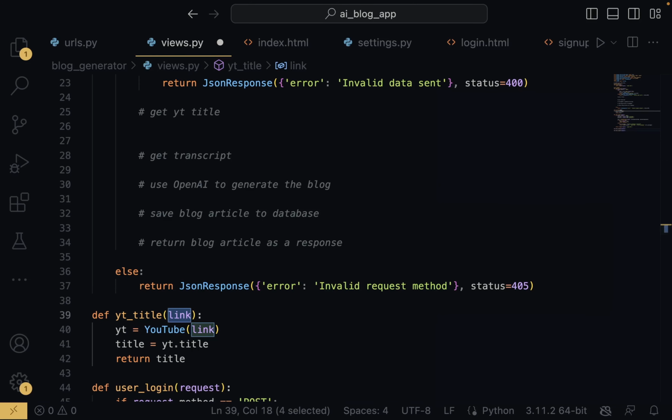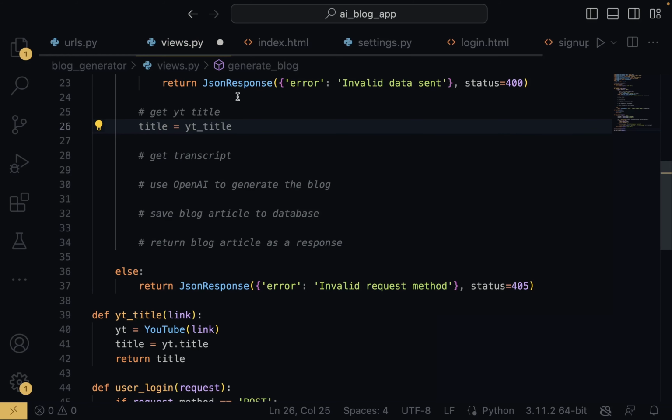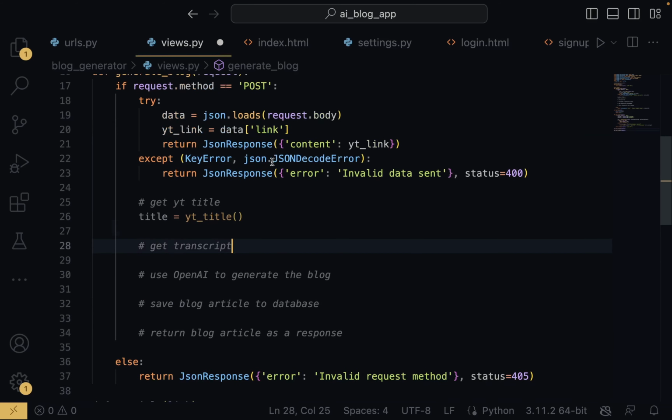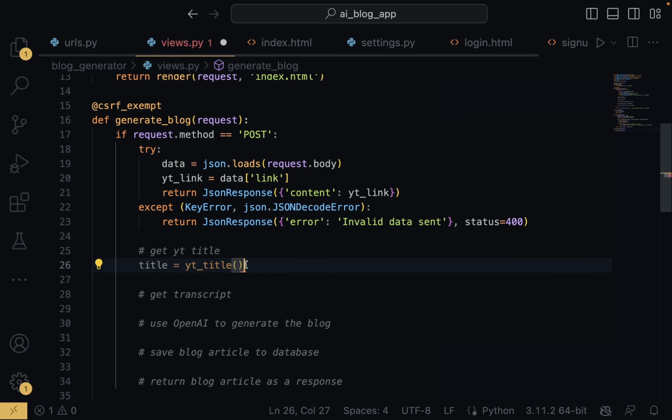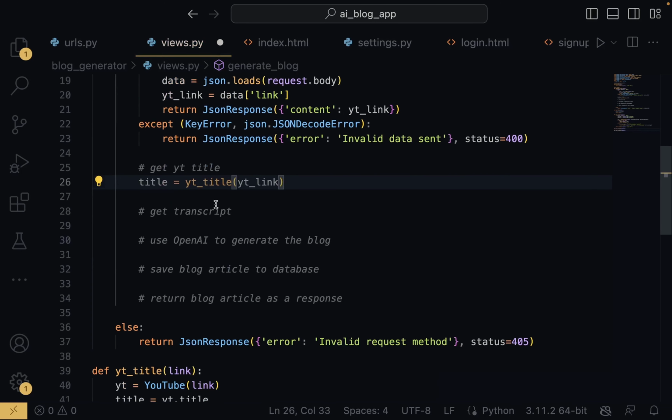So now what we're just going to do is to come back in here and use that particular function. Just going to copy this, and then right here I'm just going to say title, that is the YouTube title, is equals to YouTube title, but then I'm going to give it the link, which is YouTube link. So right here, this is what we have, YouTube link. So this should work successfully. So now the next thing that we're just going to do is to get the transcript of